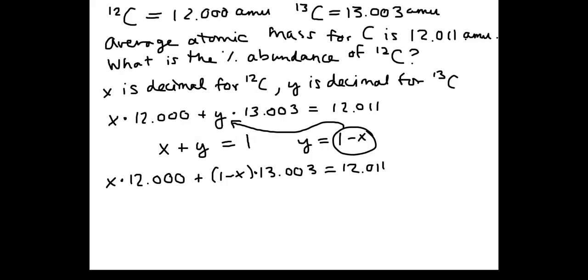Distribute. Okay, so 12.000x plus 13.003, because 13.003 times 1 is just 13.003, minus 13.003x,